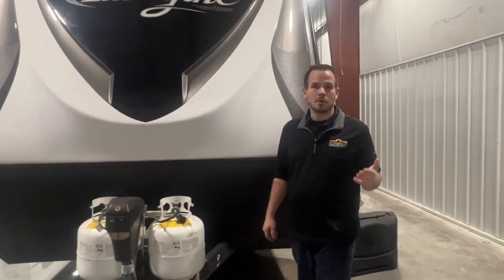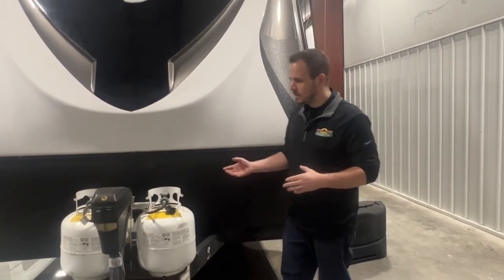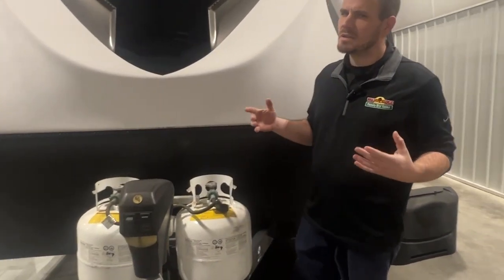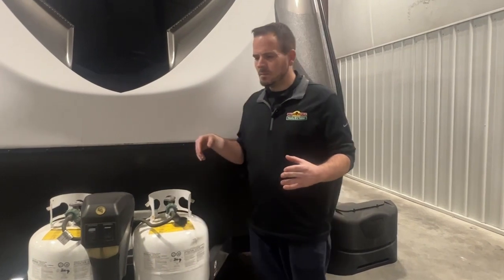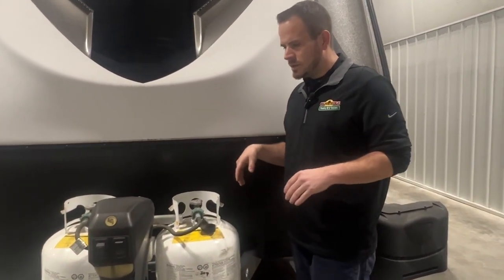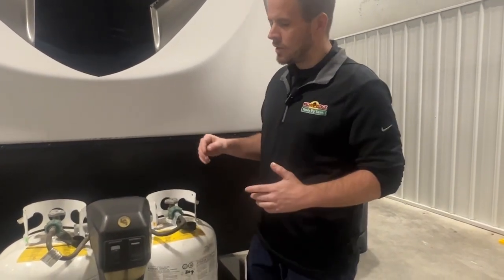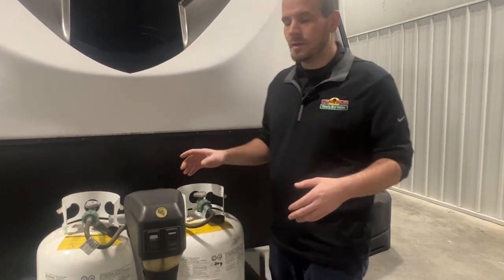Today we're going to talk about propane and propane accessories on your RV. So we'll talk about the LP system on your RV, and it really doesn't matter whether you're a fifth wheel or travel trailer. Now motorhomes are an exception. They use a different style of tank. So fifth wheels or travel trailers typically are going to run a two tank system with a dual stage regulator